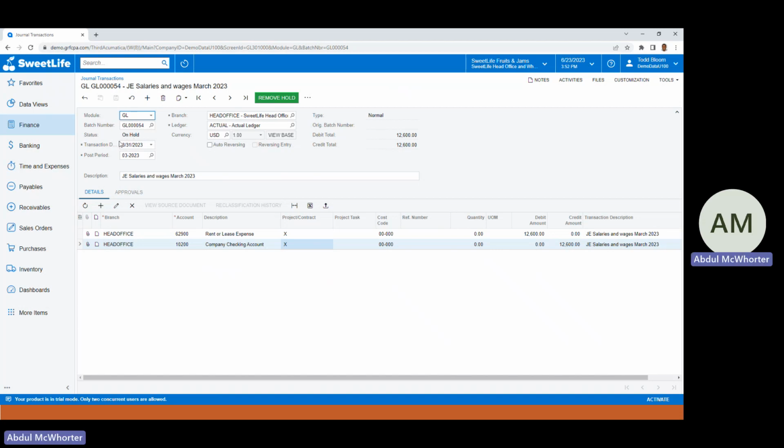You see status is on hold. You remove the hold. And so now it's in the balance status. And this is usually at the point when the separation of duties is, the clerk or whoever it may be